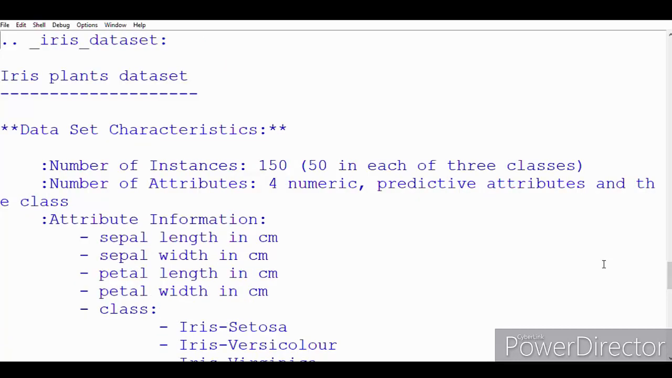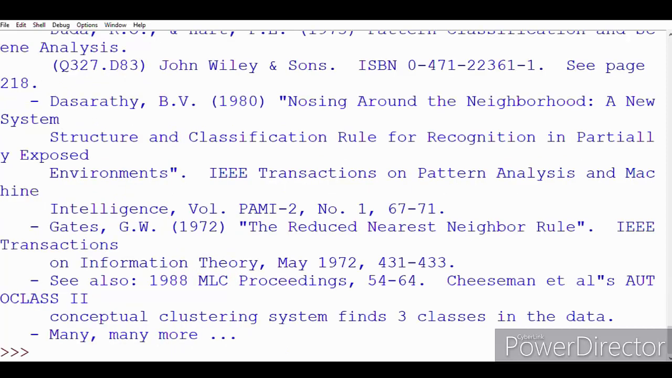So as you can see, everything has been specified over here. For example, number of instances are 150, 50 in each of three classes. Number of attributes are 4, which we had already seen earlier. And these attribute informations are sepal length, sepal width, and so on. The classes are also specified over here. So in the DESCR attribute, you can also find who's the author, at what time was this data set released,